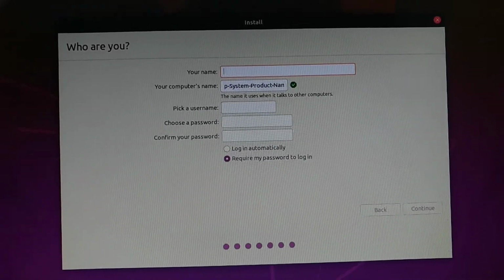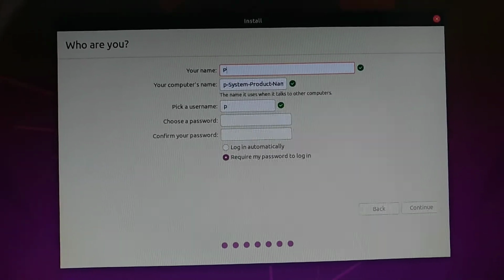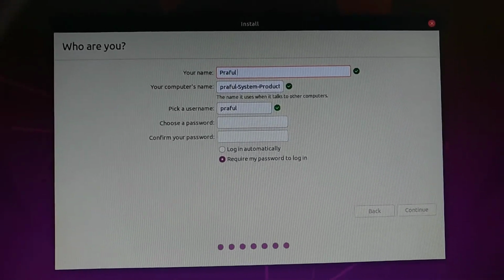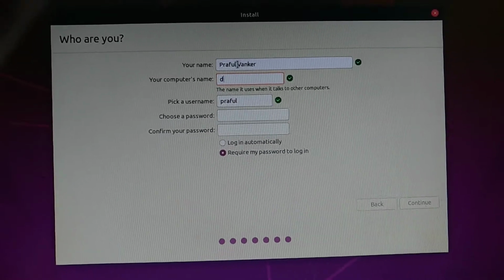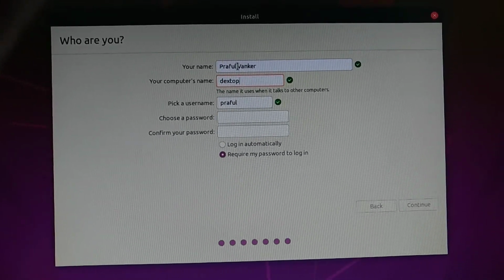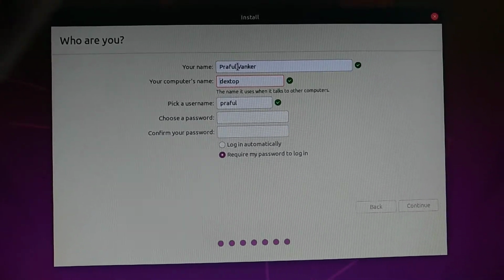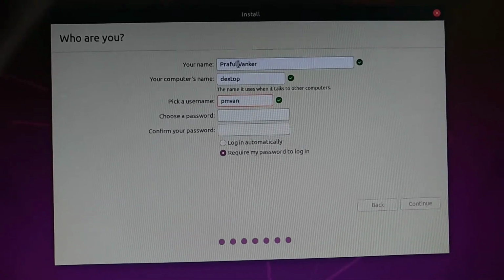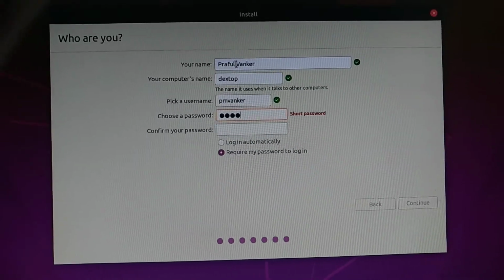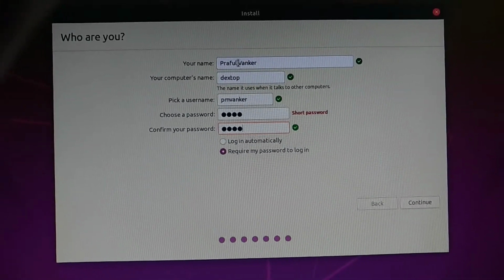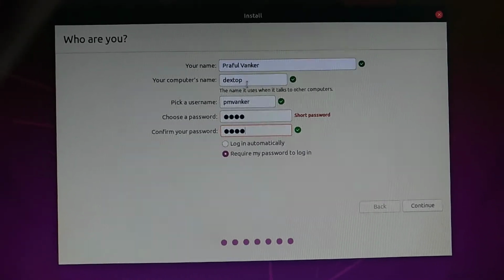My computer is my desktop system, so I will give the computer name desktop. I like my username as pmvankar. You can give any password. Simply I will give 1234, the easiest password. Continue.